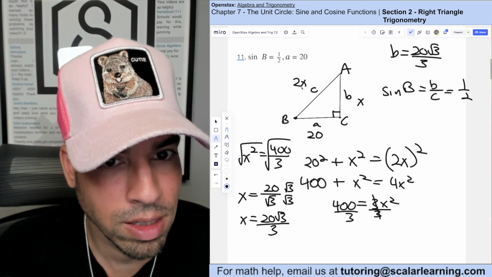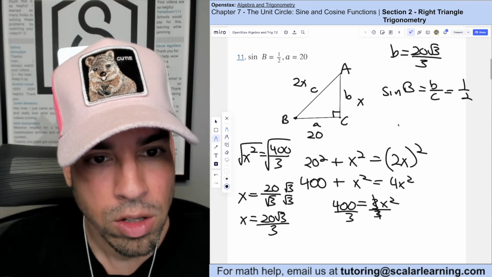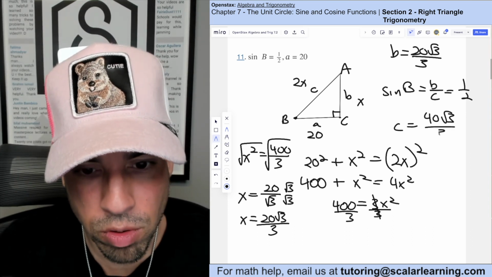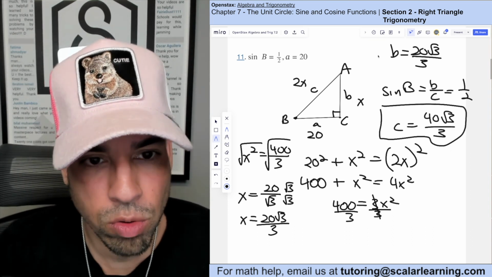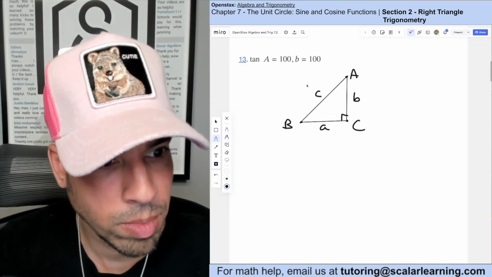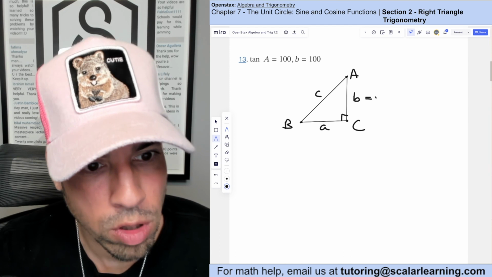And now when we get to C, C is just double this, right? So C is 2 times that, which is 40 rad 3 over 3. So there are your two answers. Boom, done. So for this one, we've got our triangle set up this way, and I know that B equals